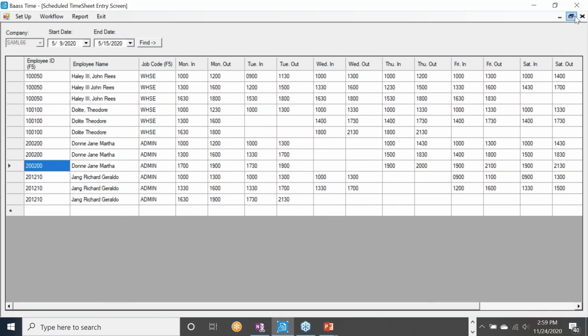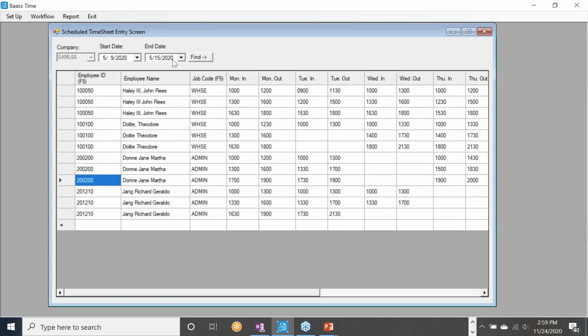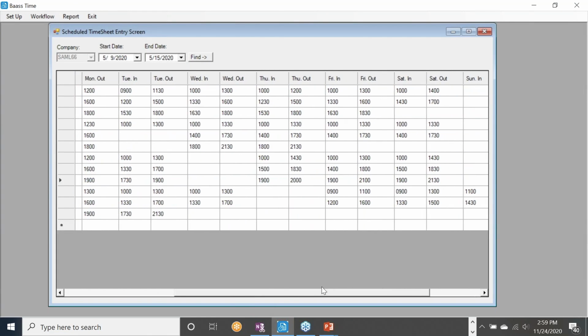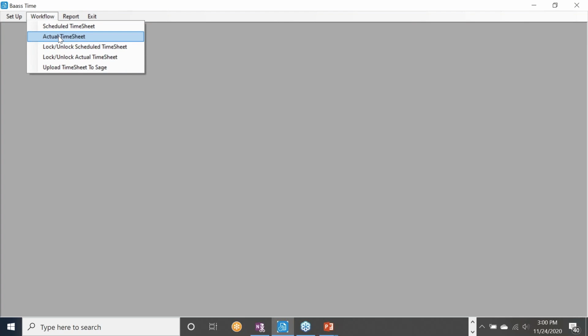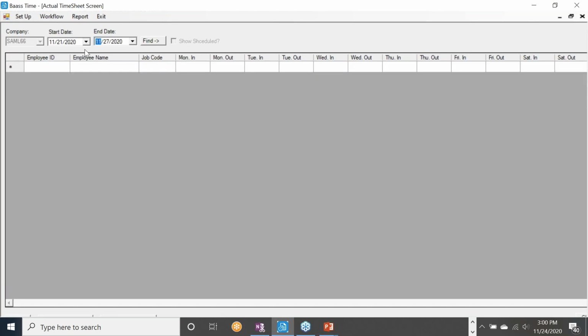So once I have my schedule, and like I said, I can manually enter this schedule, or I can bring this from an external system, whatever system you may be using for your scheduling. That's my first step. The second step then is, now that I've scheduled my employees,